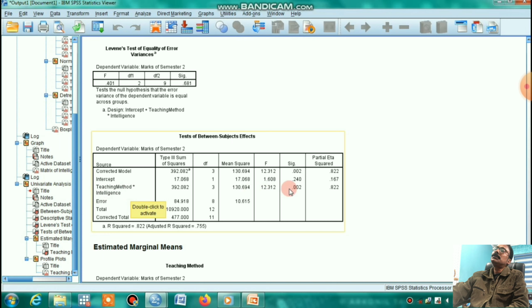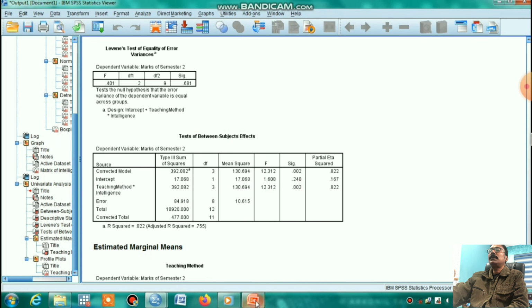So we should be very careful about the violation of this assumption. Since this is totally hypothetical data, we have nothing to do, but the main thing is how to interpret this result. If you get this type of significant result, it implies that the data is violating one of the important assumptions. To satisfy this assumption, the value should be more than 0.05.